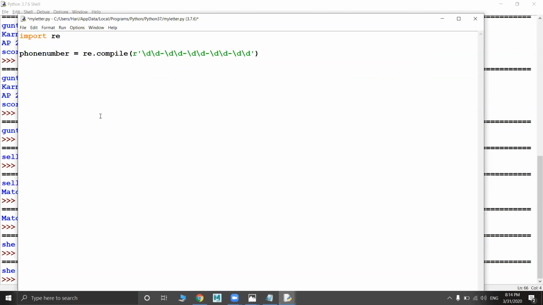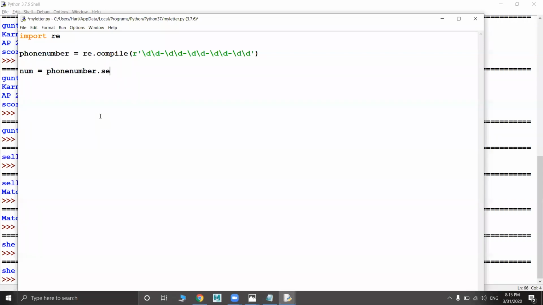So now I want to apply the same compile on some string. I'm going to do something different here. Previously I wrote the pattern part and the string part separately. Now I write the pattern in the variable, compile it there itself, and apply it on the string. So in this there is a pattern, right?